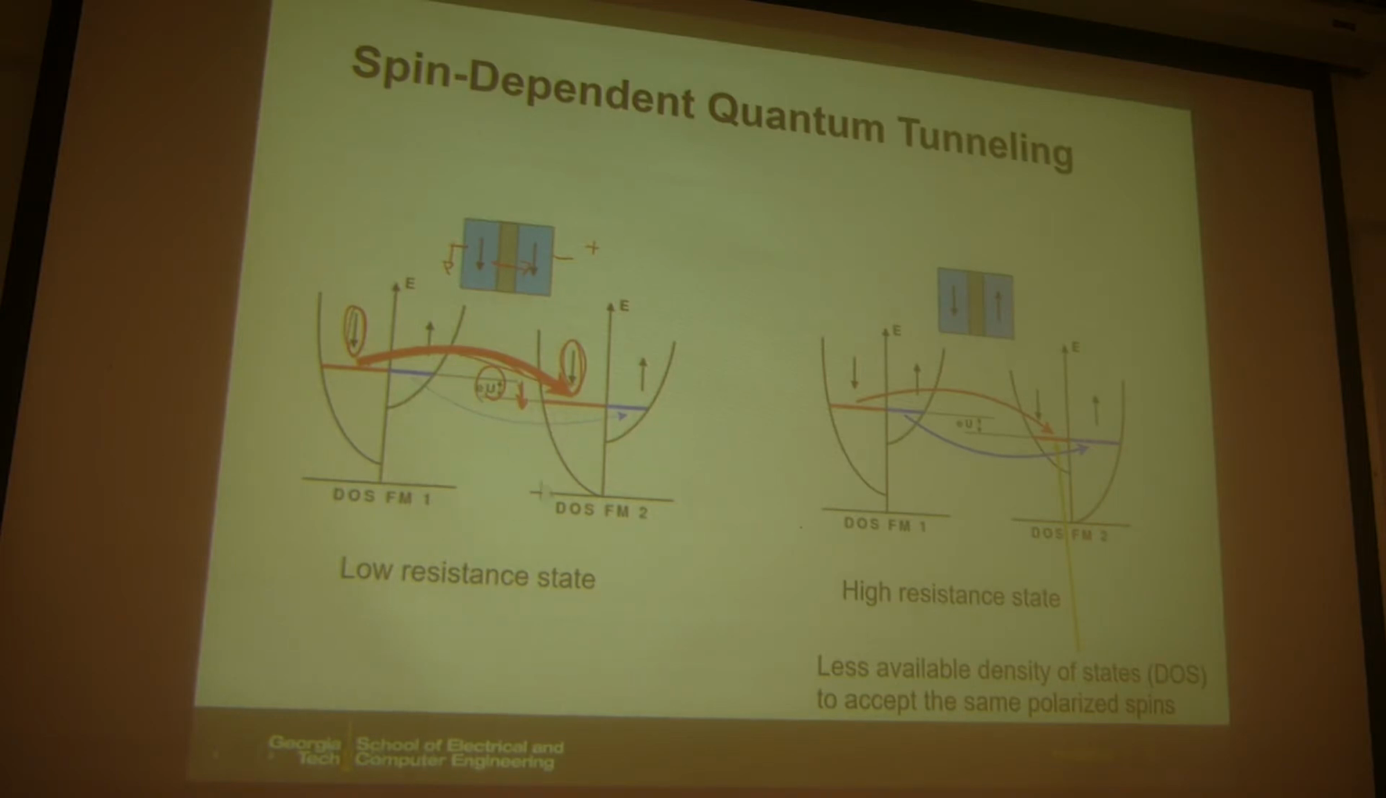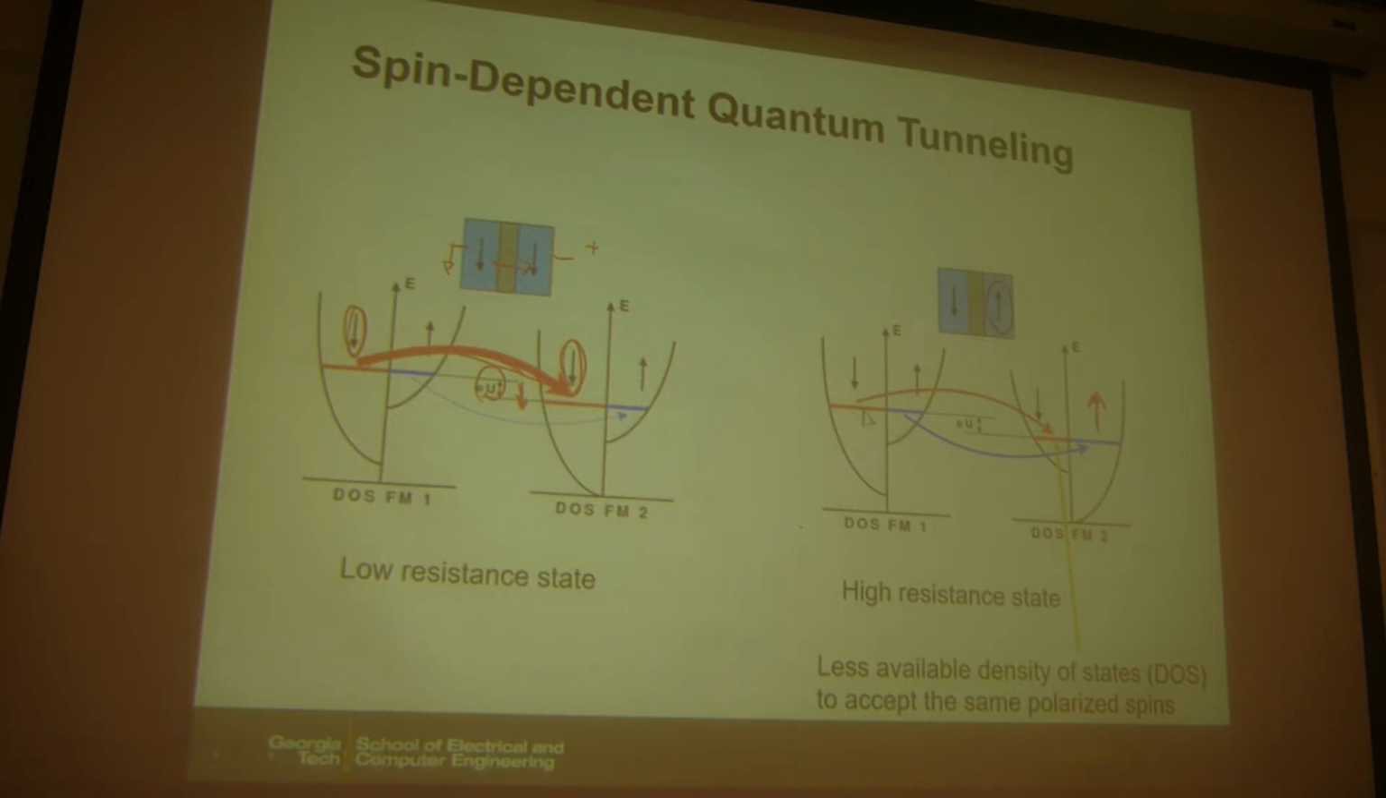So this is a low resistance state, higher current. But let's look at the other configuration where you have anti-parallel states. That means you are going to flip the energy diagram like this. So in this case, this one spin up state,